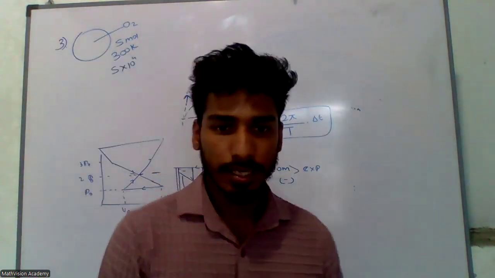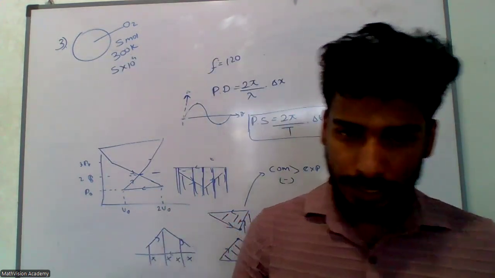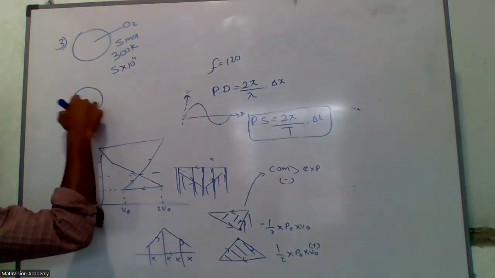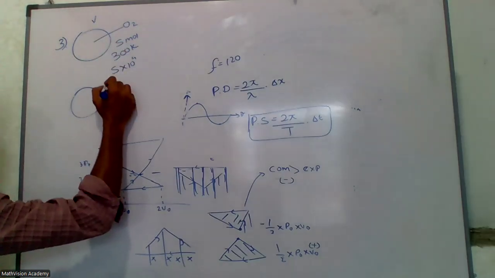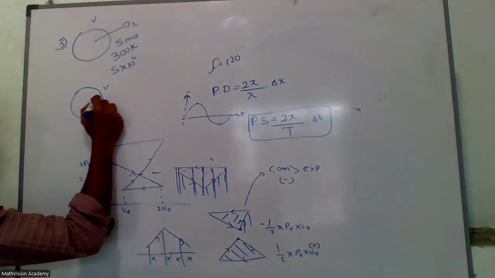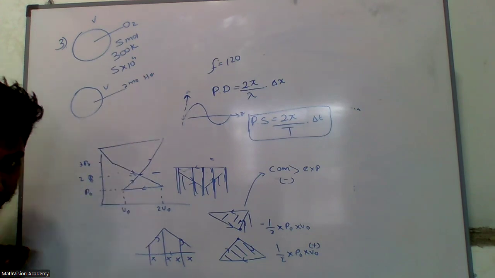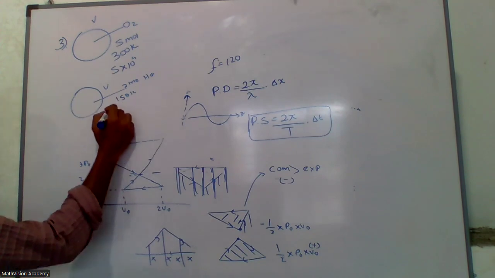They are saying the molar mass of oxygen is 32. They are having another vessel with the same volume, with 2 moles of helium, at 150 Kelvin. Find the